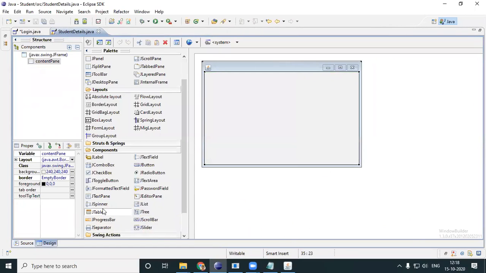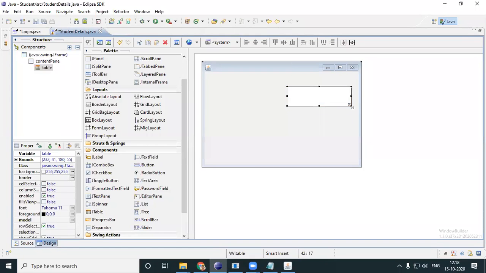Before that, put an absolute layout. Take your JTable. Now, when you put your JTable, be a bit careful. You take it over here and then drag your mouse like this so that you get a table defined. Okay. So these are my entries in the table. I just made a small table.